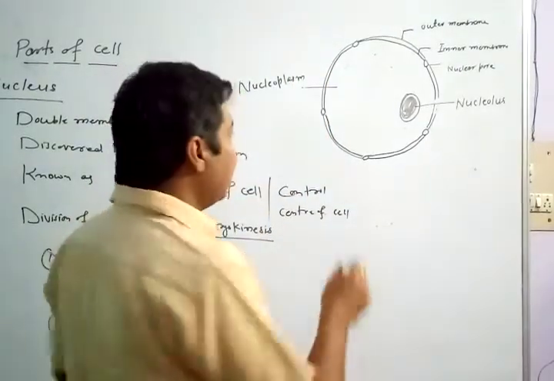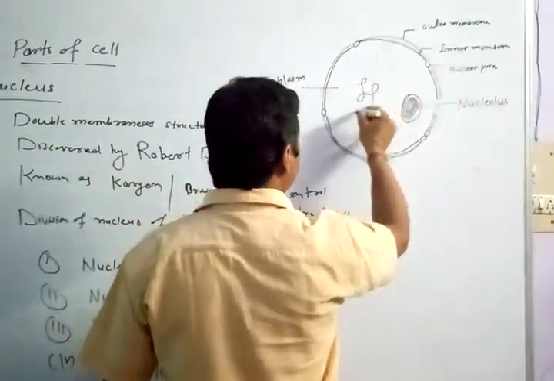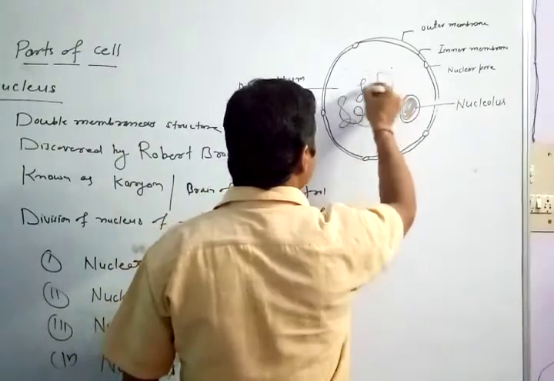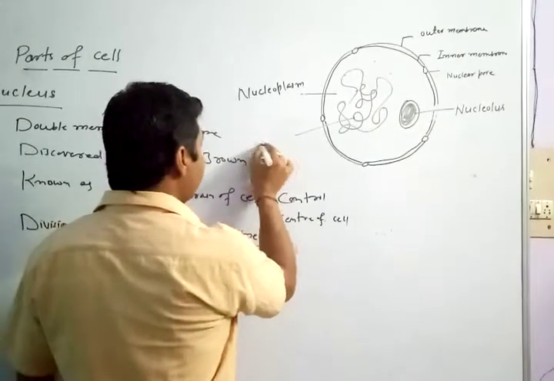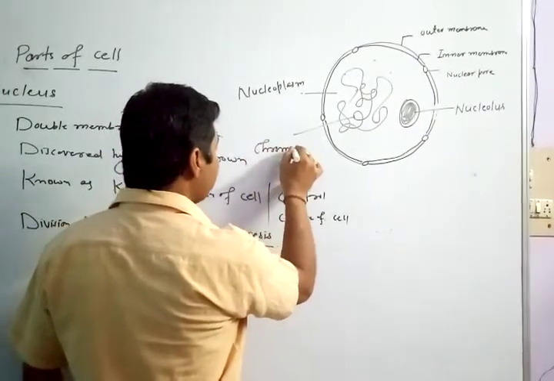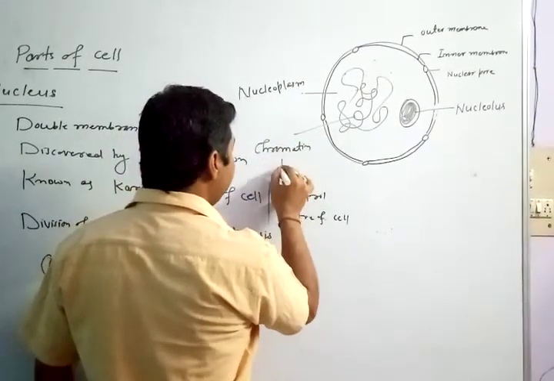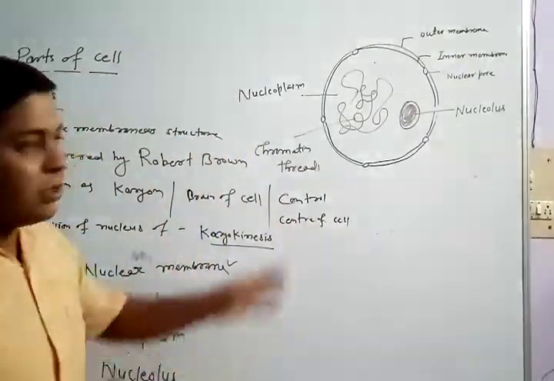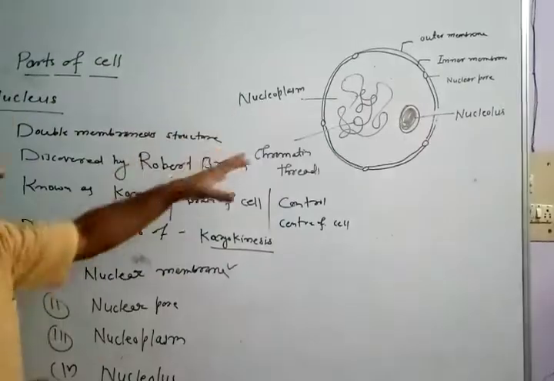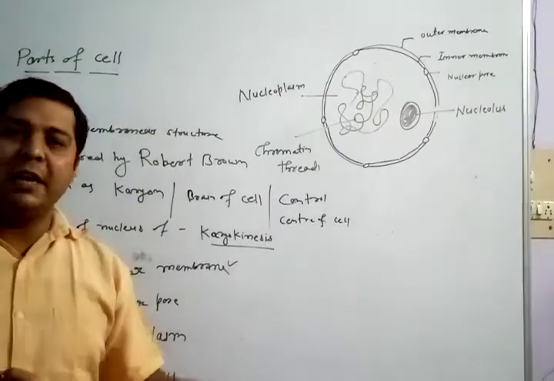Inside the nucleoplasm you find some thread-like structures, called chromatin threads. So this is the structure of a nucleus, a spherical body present inside the cytoplasm of a cell, and